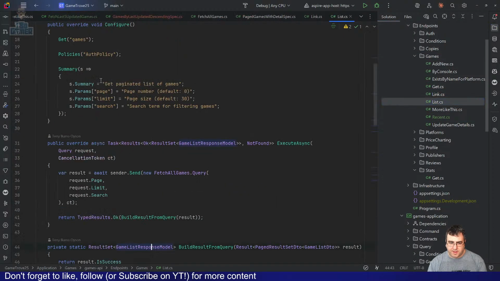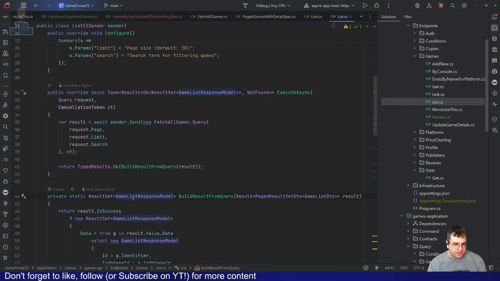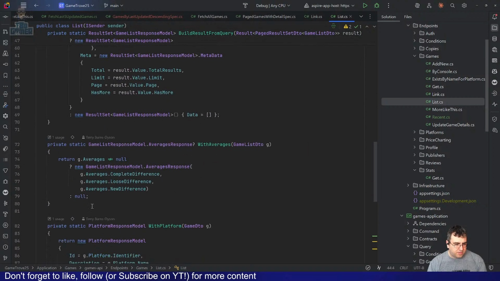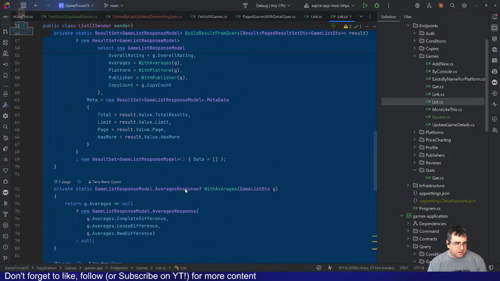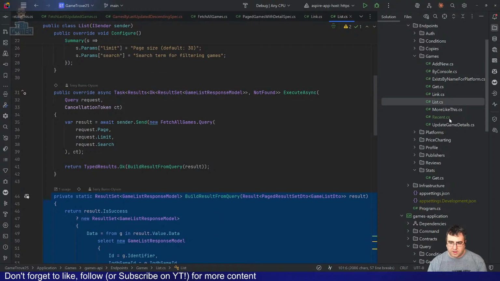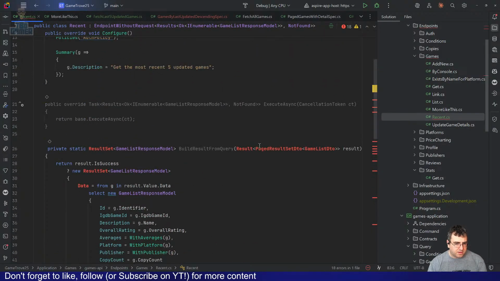So this now can look more like, oh no, I did all this in, okay. I've got to copy that for a second. It's not a page result set though. It's a game list DTO.